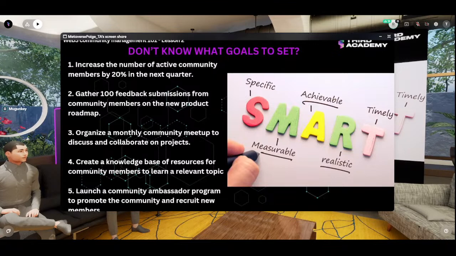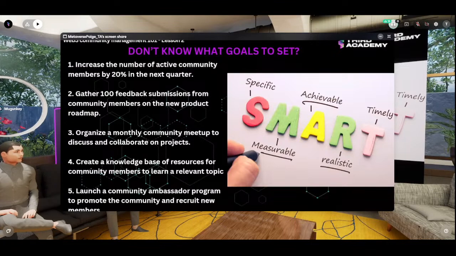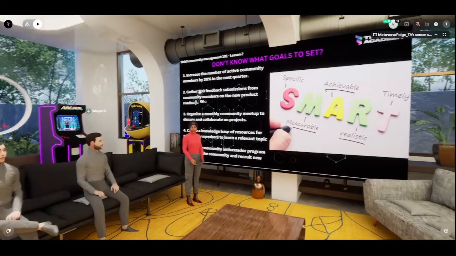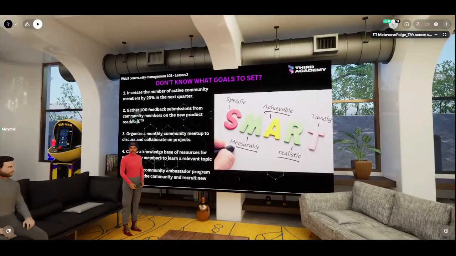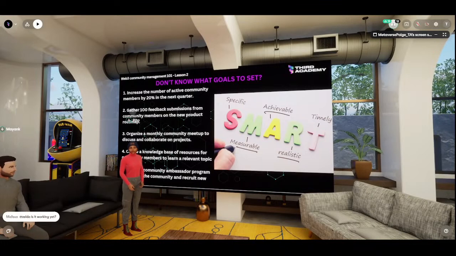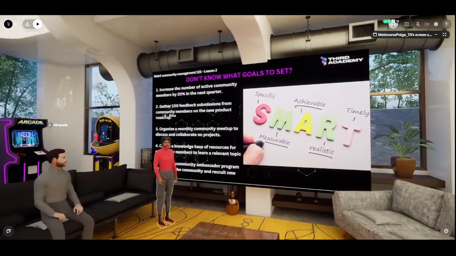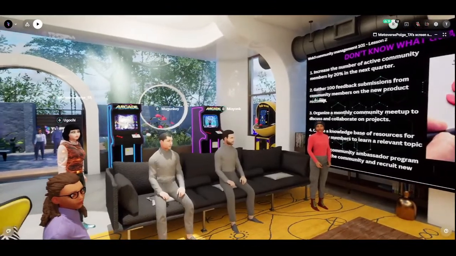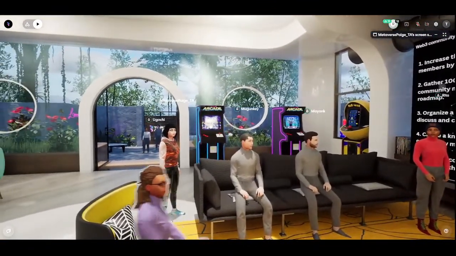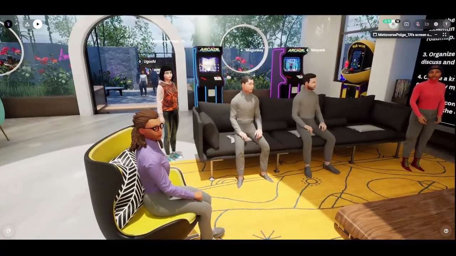right? Another goal could also be, let's say, remember we talked about product communities and setting goals that align with product communities. And in this case, if you're working for a brand that has a product, right, and their priority is to improve their product roadmap, one of the responsibilities that you would have, since it is a product community, would be to gain, you could say, 100 feedback, right? 50 feedback, 200 feedbacks, right?